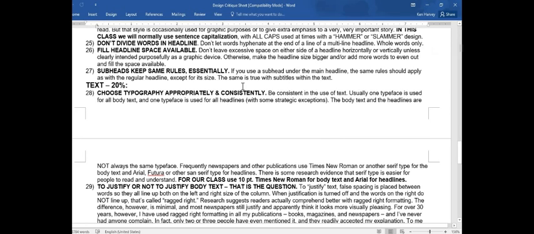It may not have any less impact because there are actually fewer things under text that you could screw up. For example, under the typography, whether it's appropriate and so forth, I put down here very clearly that for our class, our style is 10-point Times New Roman and Arial for headlines. Arial or any sans serif type is okay, as long as it's not too crazy. But sans serif headline, like Arial, and Times New Roman specifically, because we don't want different typefaces with the body